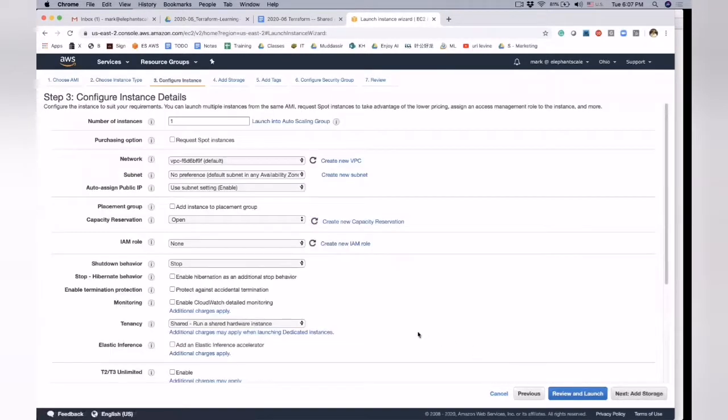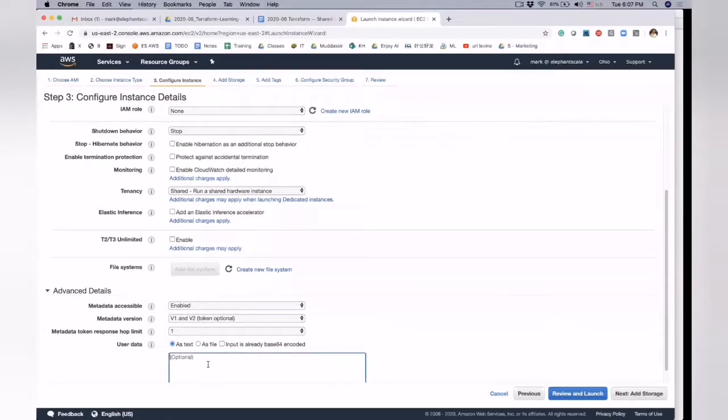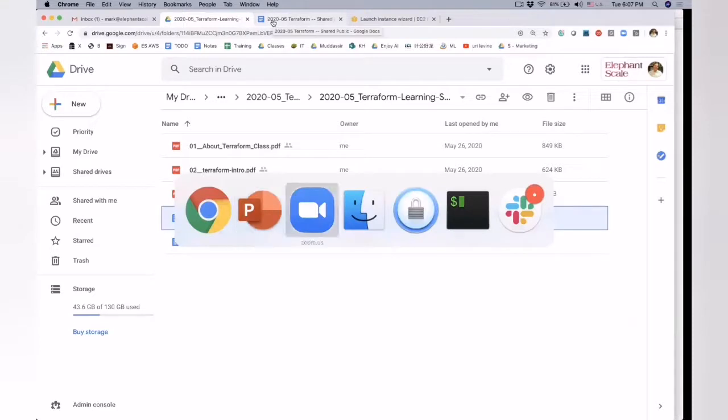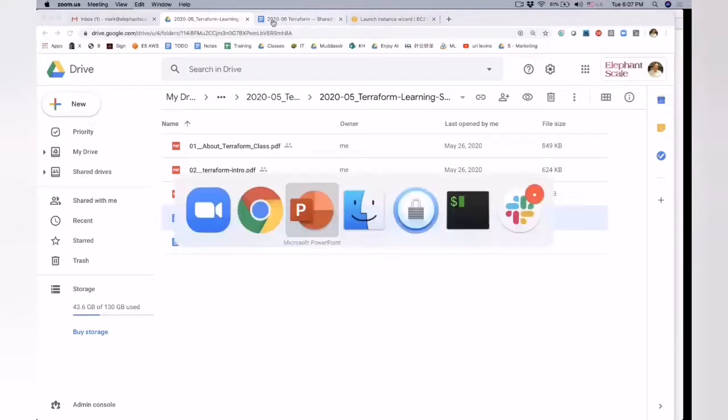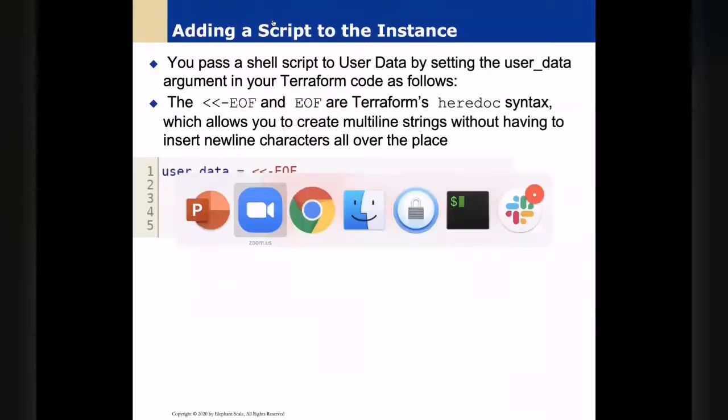Instance detail, and here, down below, in advanced, there is this user data. Most people, I don't think they ever noticed this. This is where you would put the script. So if you were doing this manually, here's what you would do. You would put the script which was shown in the slides. It would be that script. Okay. And now in our case, that script is given to us in the labs. Let me show you where those labs are.